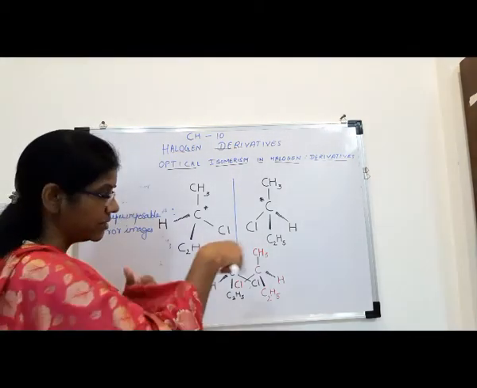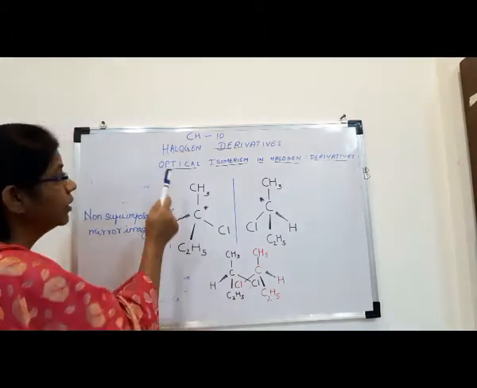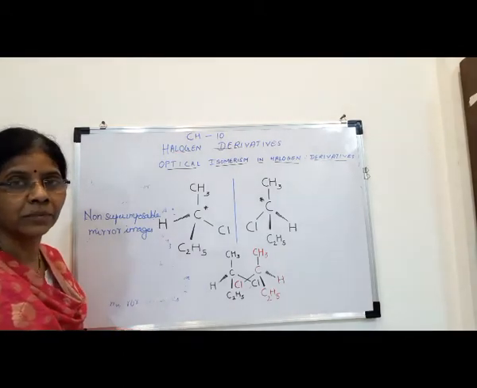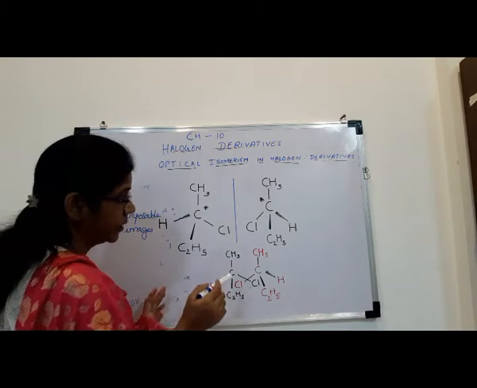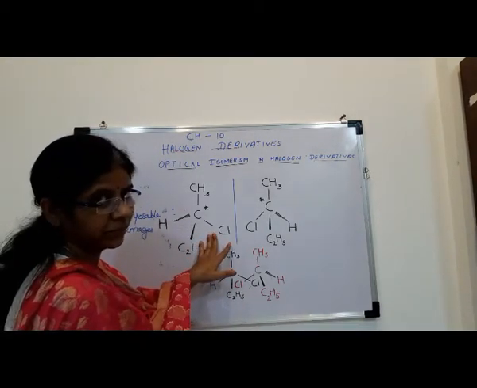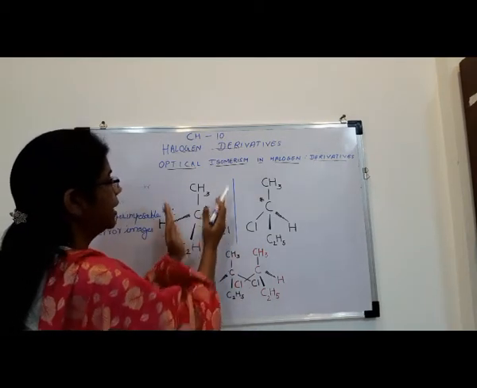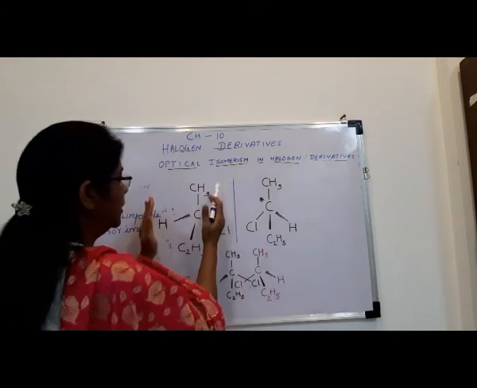So there is a difference in the spatial arrangement, and therefore this gives rise to optical isomerism. This is well shown here. Now if I lift up this chiral molecule, 2-chlorobutane, and take the mirror image and place it above this one,